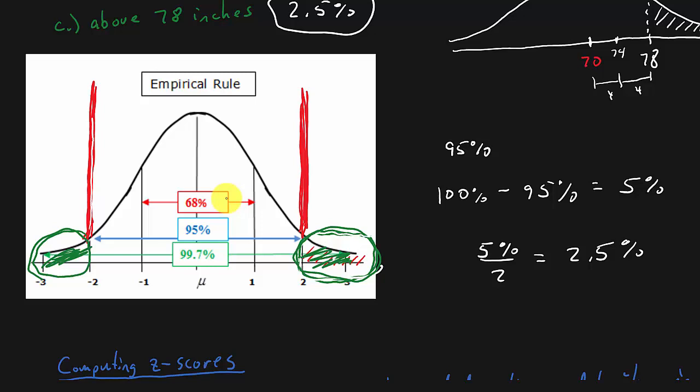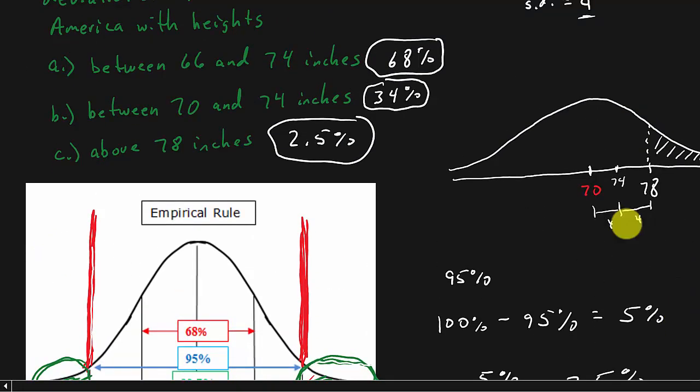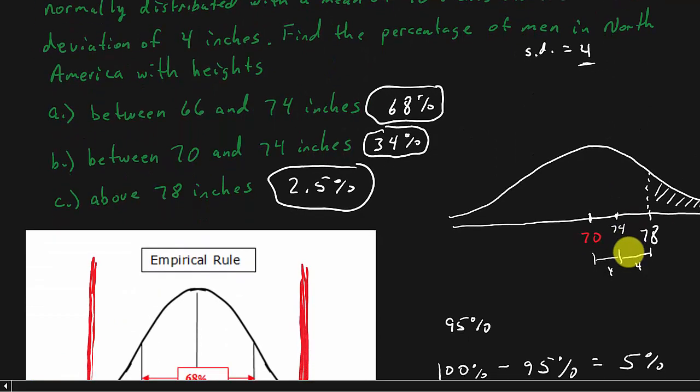And so you may be thinking, well, what if it's not 1, 2, or 3 standard deviations away from the mean? So in other words, what if, say, on this problem, they wanted to know for, say, 75. Okay, so for 75,